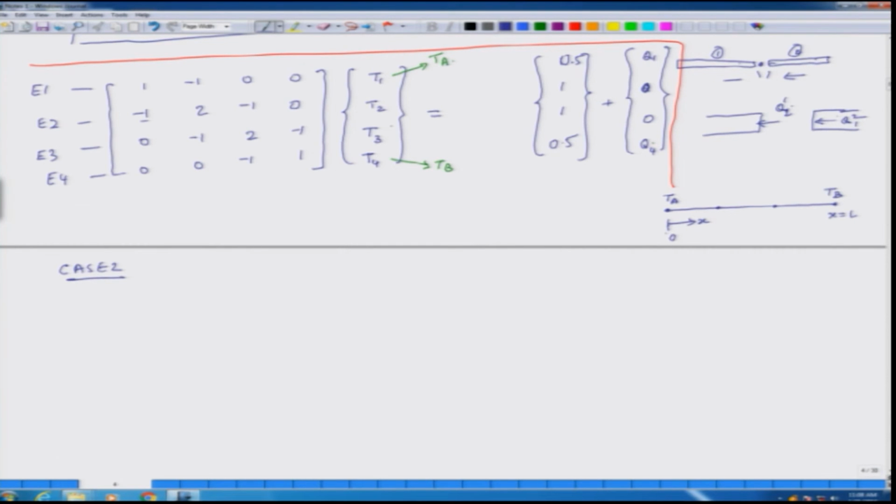So, in case 2 my boundary condition, this also goes away. Once again in case 2 the boundary condition here is not known temperatures, but at x is equal to 0 I know how much heat I am injecting into the system. So that is minus K A del T over del x at x is equal to 0 is some constant G naught. At this point at x is equal to 0 I am pumping some heat into the system, and the value of that heat is G naught.